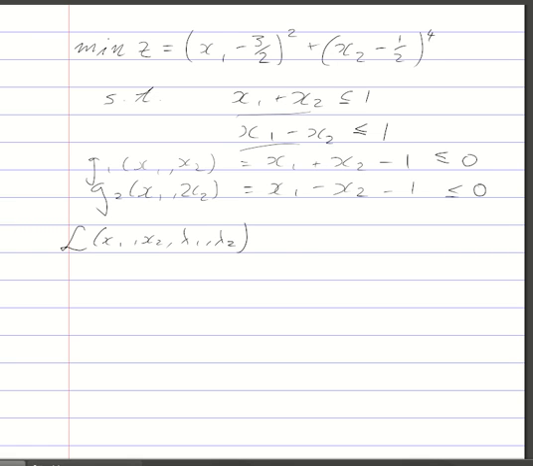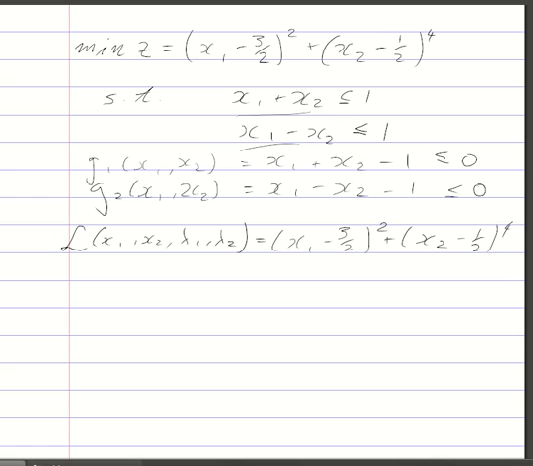We have two constraints, so we'll have two multipliers. Now the Lagrangian, you just write down the function first, the original function which you're optimizing,